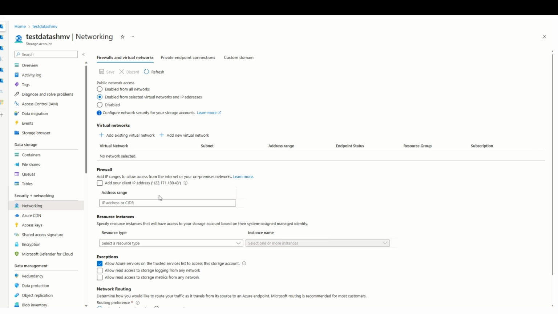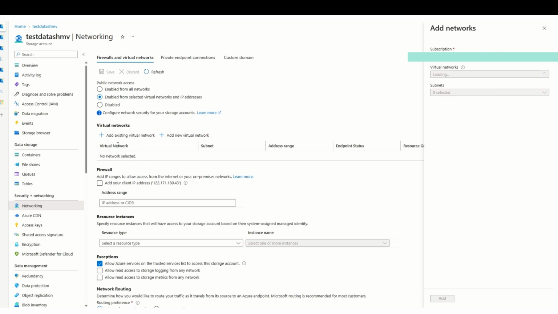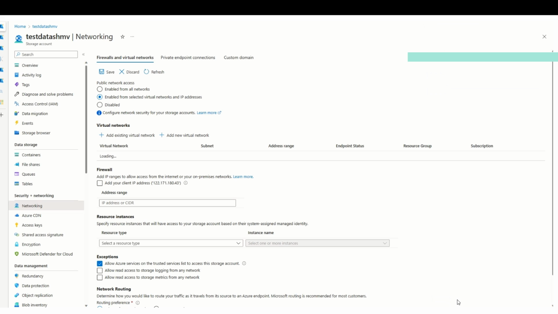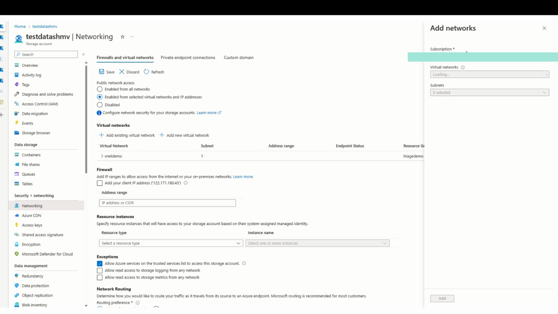So since these two are in different VNets, we need to add these VNets in the allowed VNet list. So we'll choose the VNet from this tab. So this is the VNet where my Logic app is integrated to. I'll choose that and choose the subnet, and we'll add it. Similarly, I need to add the VNet where private endpoint is configured. I'll choose the VNet here,